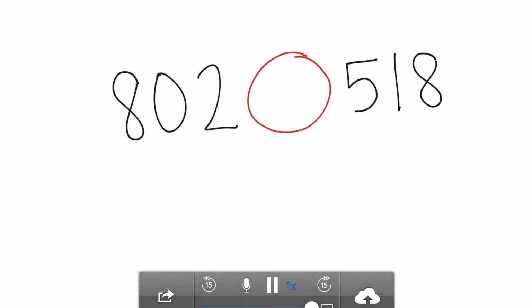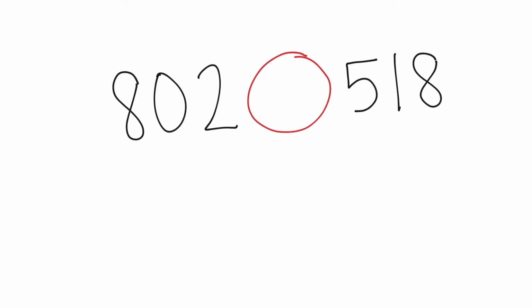So this time we're looking at the problem 802 blank 518. Now, last time we talked about how we could just look in the hundreds place to decide which number is bigger because both of these are three-digit numbers. But if you're feeling confused or stuck, another thing you could do is use a place value picture to see